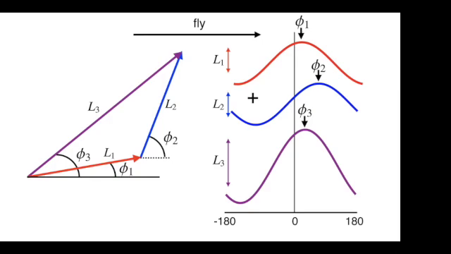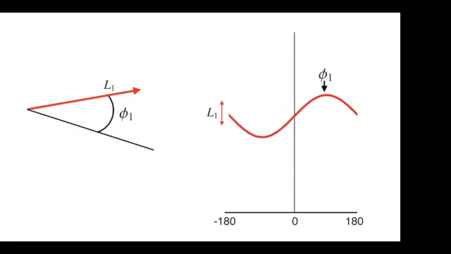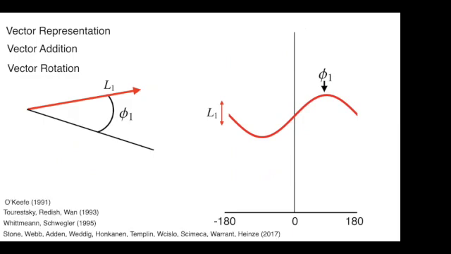That's really the point of my talk, is to convince you that that statement is true. There's another nice trick here: if you want to do a coordinate transformation and, for example, refer to this vector with that other angle, all you've got to do is shift the corresponding wave over and you've done the coordinate transformation. So this is a nice way to do vector representation, vector addition, vector rotation, and this has certainly